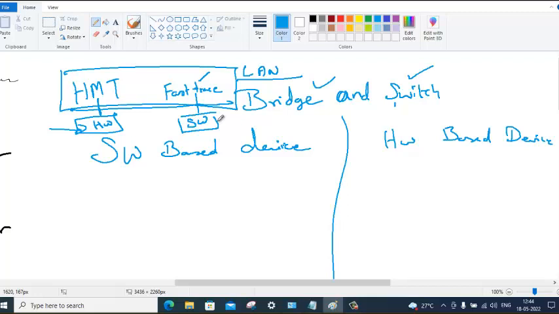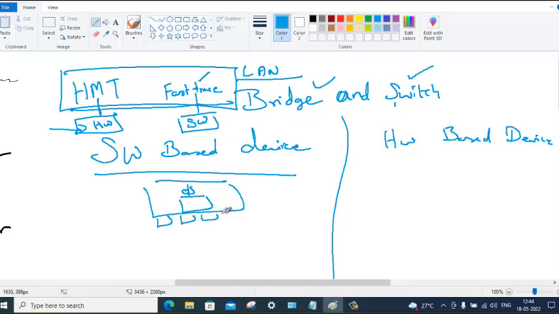Bridge is a software based device. Every function is carried out by one single processor and the operating system inside this box. Whereas here, you have a processor, you have an operating system, and also a lot of additional hardware that is used for listening, forwarding, decision making.